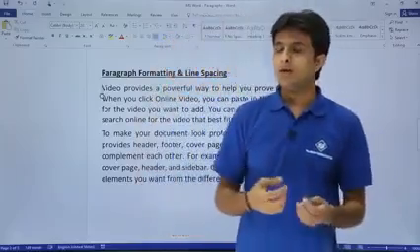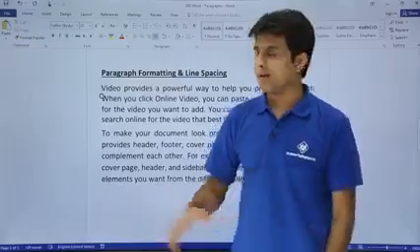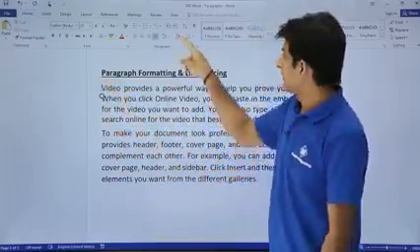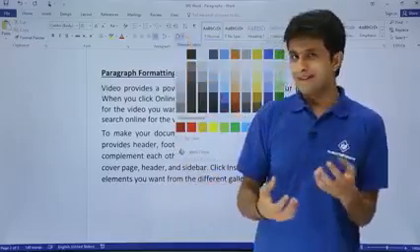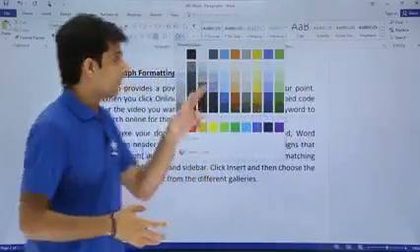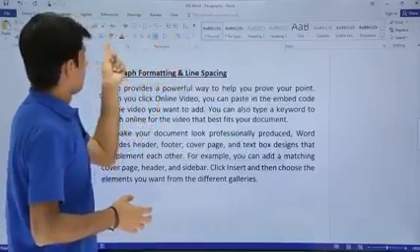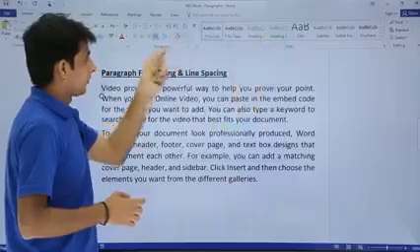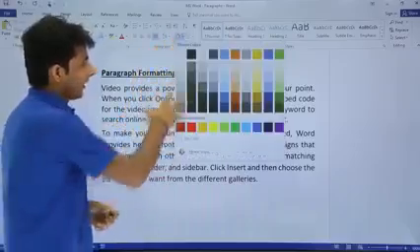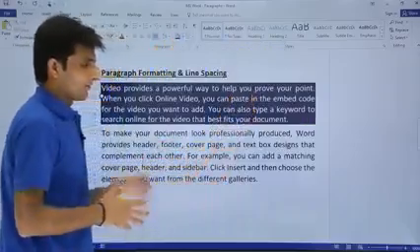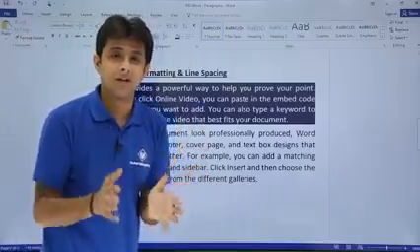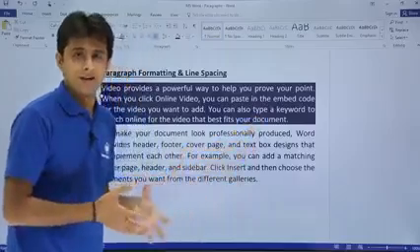Next one is, if you want to color the paragraphs, how do you color it? Same way, I've just kept my cursor which is blinking. Now you can see there's a bucket symbol. In this bucket symbol, you can choose any color. Now you might think there are two buckets here. One is for the text and this one is for the paragraph. Because it falls under the paragraph, I'll select here, I'll choose any color, let's say the blue color. The cursor was blinking at the first place, but the entire paragraph got colored. So this way the paragraph color can also be done.